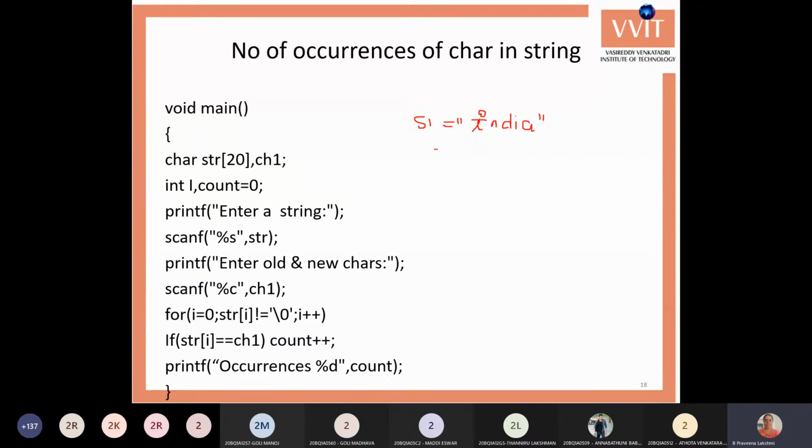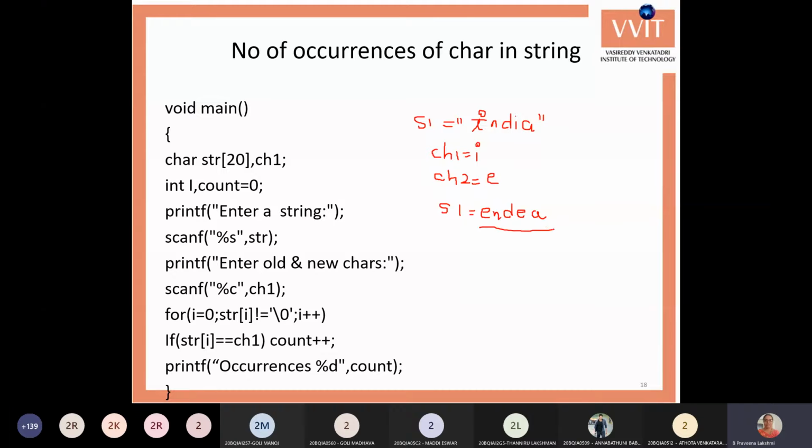Now I want to replace the character ch1, the I character, with a new character ch2, the E character. So I want to replace the I character in India with the E character. Now my output of s1 will be ENDEA. India becomes the word ENDEA.